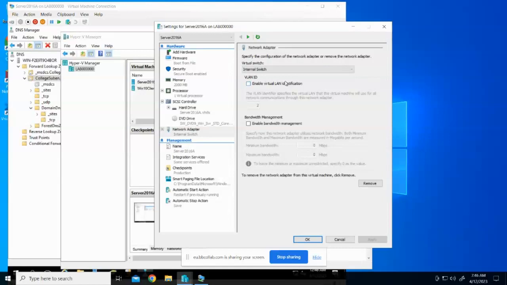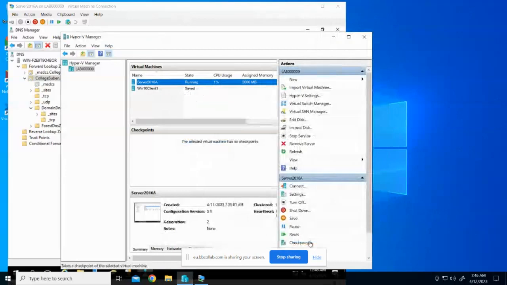So what have I done now? I've connected my server to the virtual switch. That's what I'm doing here. I'm connecting my server to the virtual switch. I say OK. And then the last thing I need to do is ensure that I have a static IP